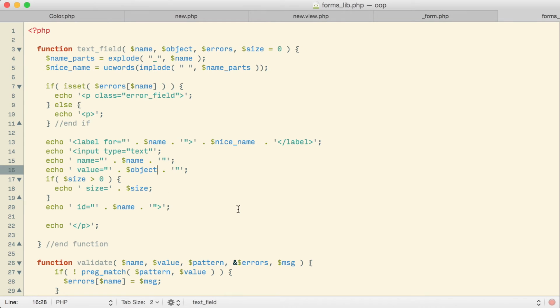The way I could actually handle that inside the function is when I go to the object, I could use my arrow notation and then I could use the name there. So in this case, I'm making the attribute name that I'm accessing from my object a variable. So if name is red value, let's say, then we'll be accessing the red value of whatever color was passed to this function.